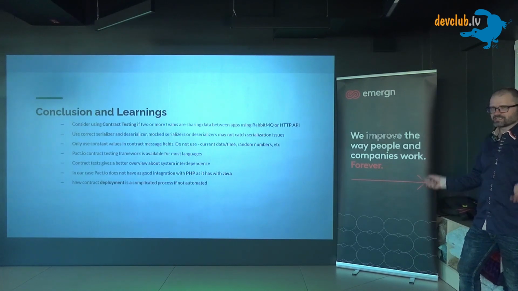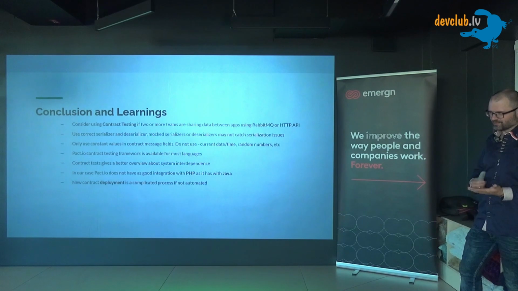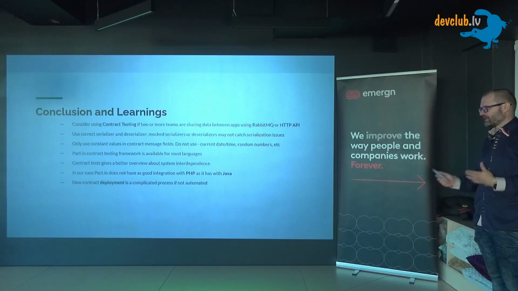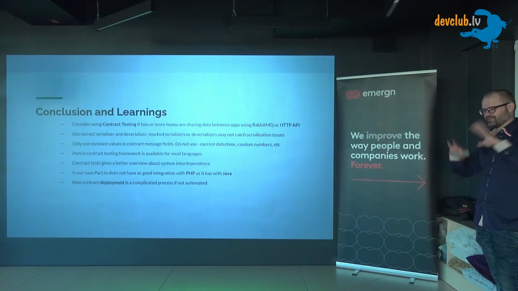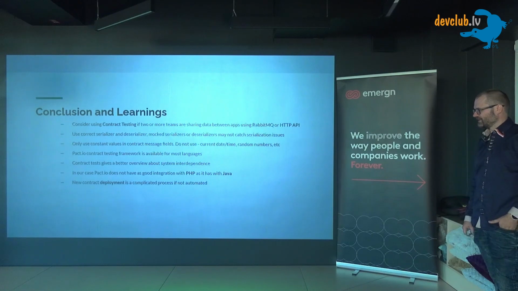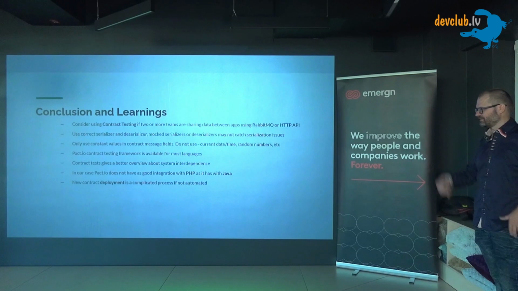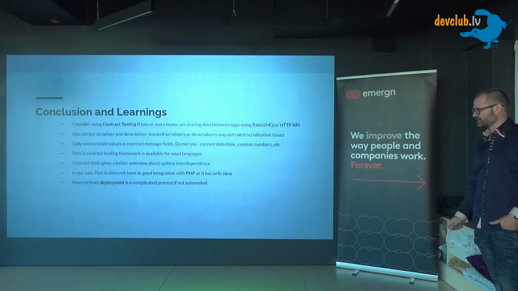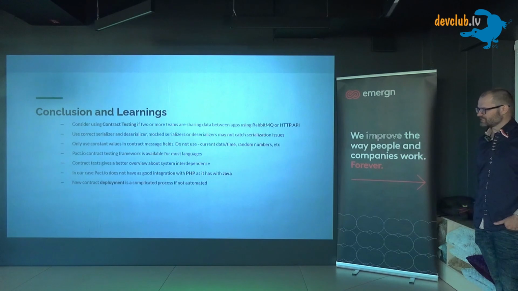In our case, we use contract testing in our main continuous integration test suite. So if we break contract tests, we break all our other deployments. Nobody can deploy if somebody messes up the deployment process of the contract. So that's why it needs to be automated. So the process is strict and you can't mess something up.